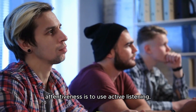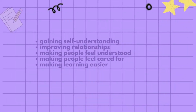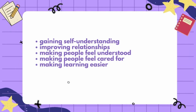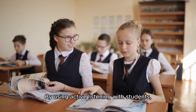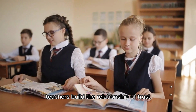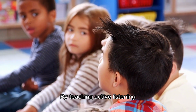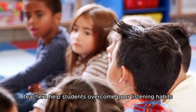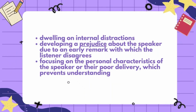demonstrate teacher attentiveness is to use active listening, a technique that can be used for gaining self-understanding, improving relationships, making people feel understood, making people feel cared for, making learning easier. By using active listening with students, teachers build the relationship of trust and caring that is essential to student motivation. By teaching active listening, teachers help students overcome poor listening habits such as dwelling on internal distractions,